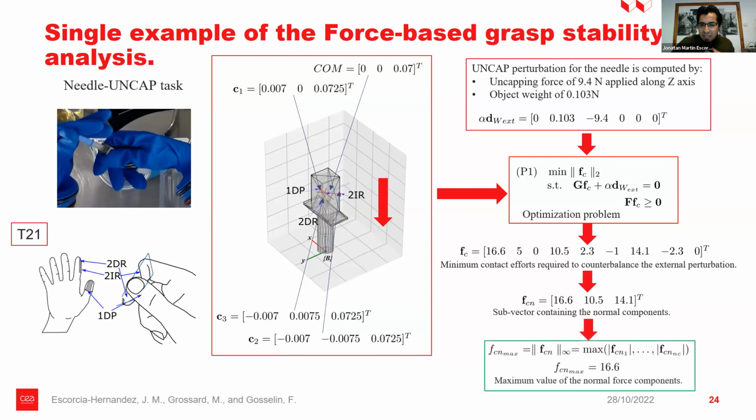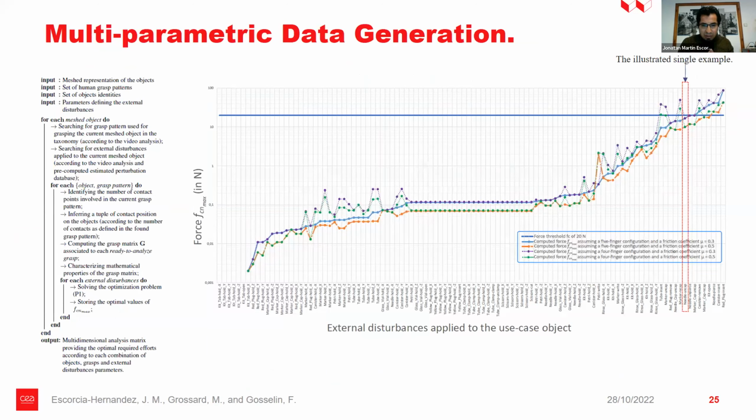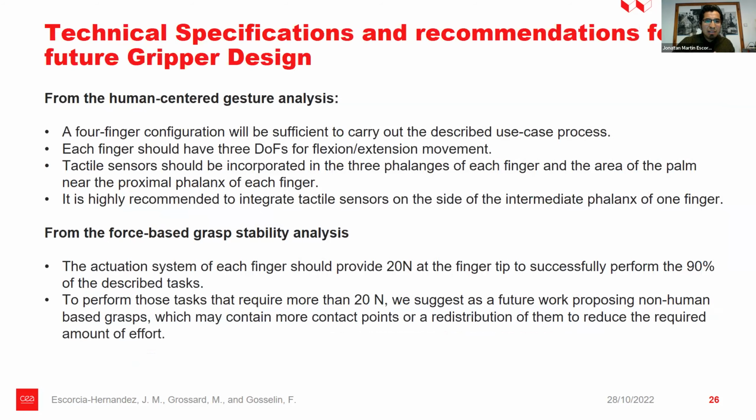And then we compute the contact force, but we are interested to work purely with the normal contact forces. And we select, taking into account the criteria of the maximum normal contact effort, we say that in order to perform this task, it's necessary that each of the fingers of the gripper should provide at least 16.6 newtons. We perform this process for the whole combination between object and grasp, and in this case we arrived at the